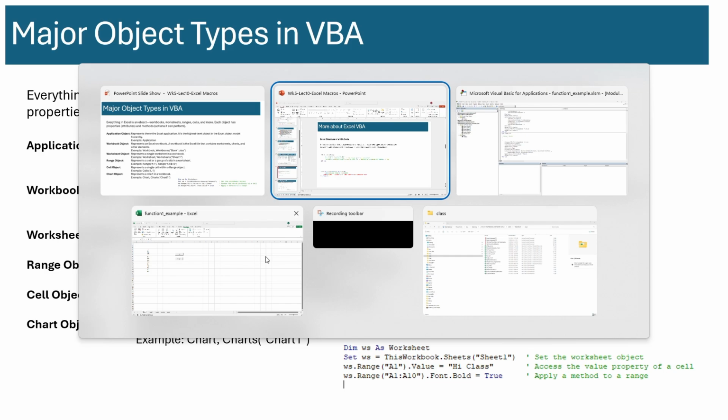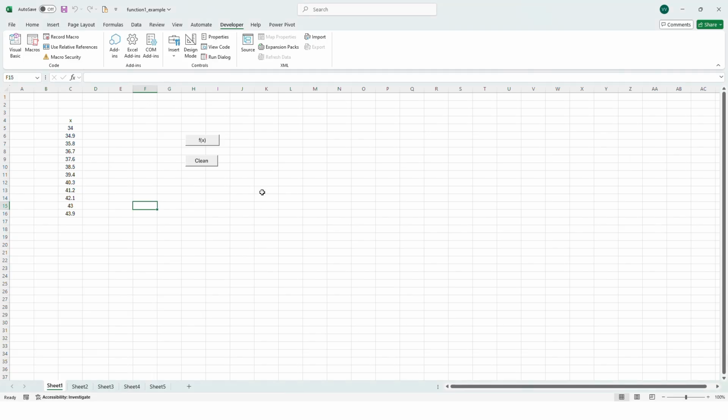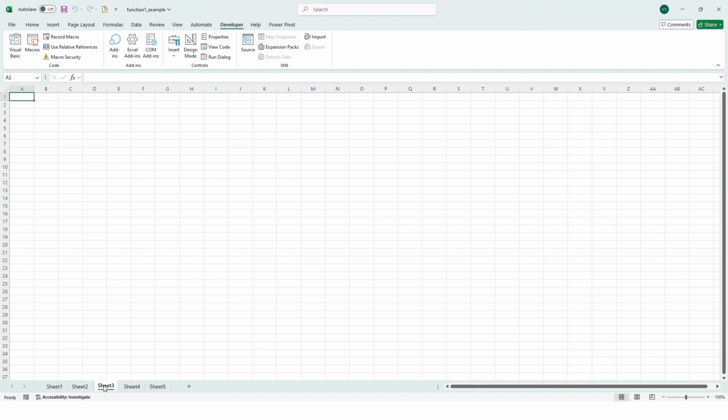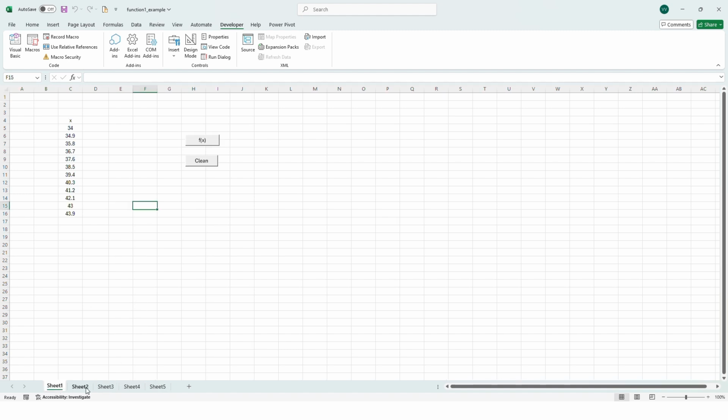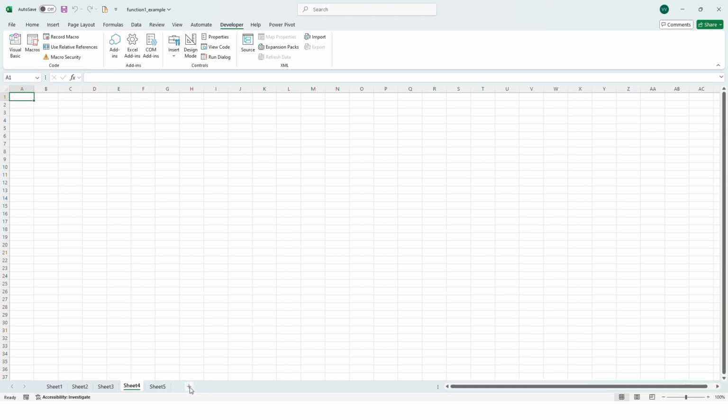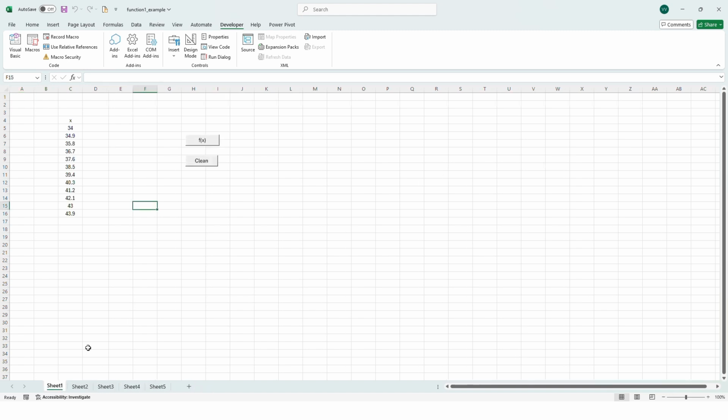So when you look at your Excel, the workbook is the whole file. So this function underscore example, it's referring to this whole file. And if it's referring to a worksheet with a particular name, it's referring to this sheet. So it could access data from any sheet here. It could create a new sheet. It could delete a sheet. It could open a new workbook from a certain folder. All of that. So for accessing all those objects, we need to define objects, and VBA has these objects defined